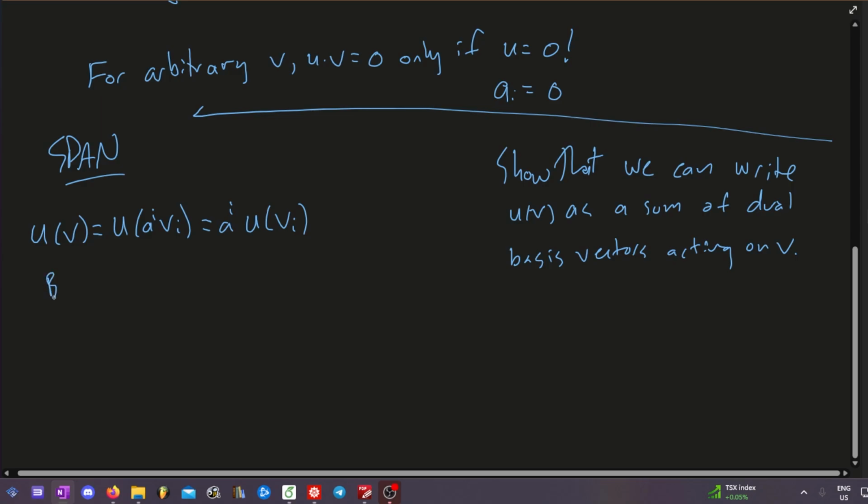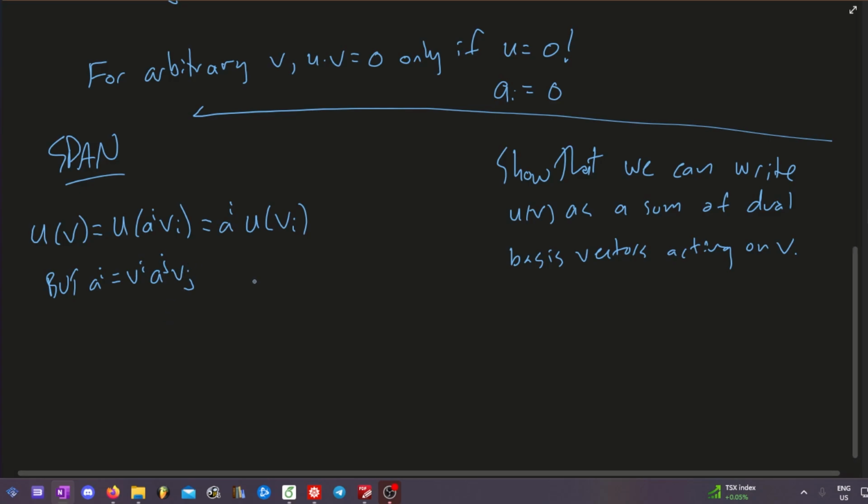But remember that a_i is nothing other than something like this, because the v's will evaluate to a delta. So with this, u acting on v is